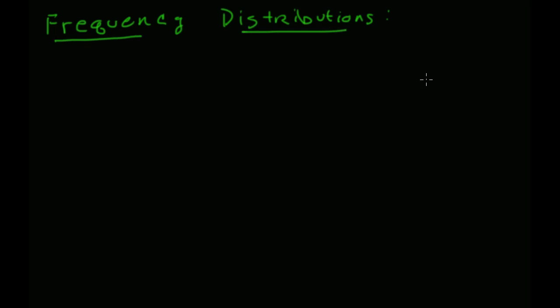Okay, so we're going to do a bit of a video here on frequency distributions. A frequency distribution is basically a table that shows how data is broken down amongst several categories. The categories can be both quantitative or qualitative, but typically we tend to lean into the quantitative here a bit just because they make more